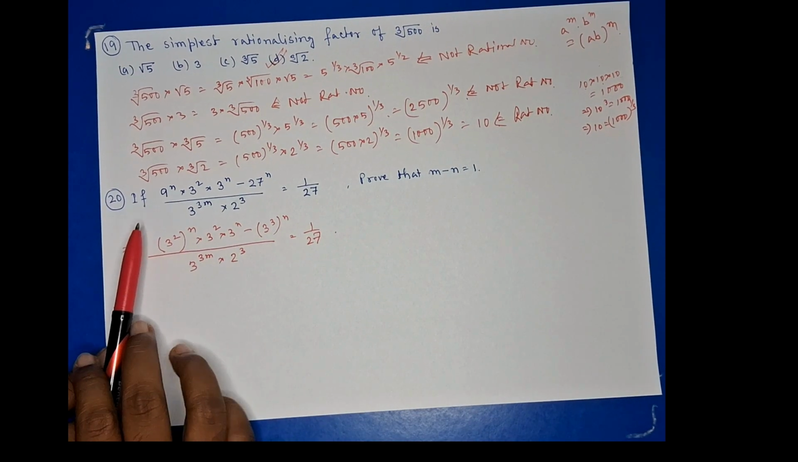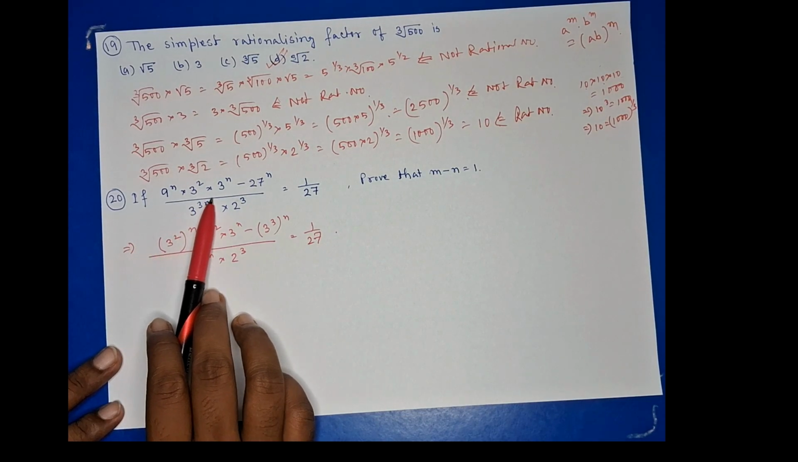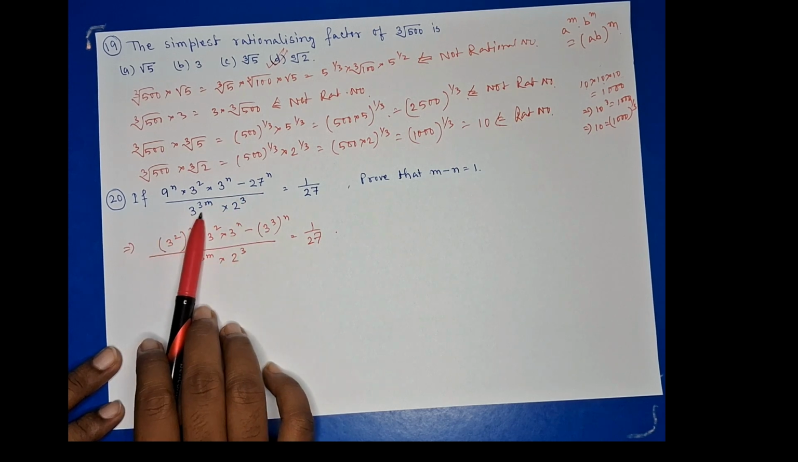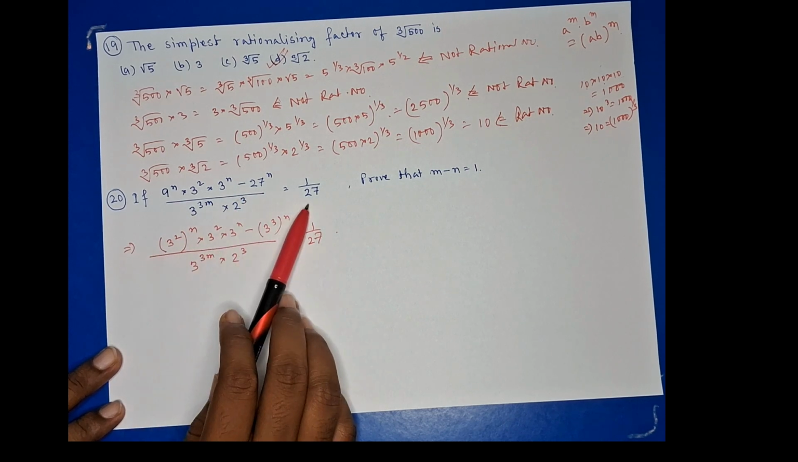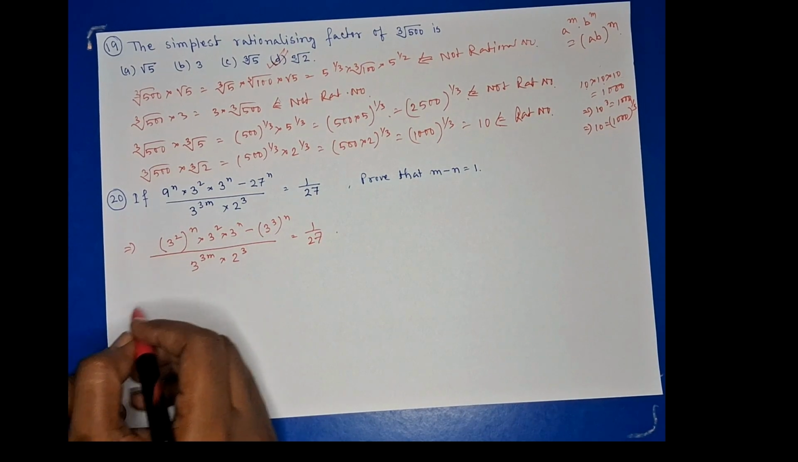Let us first understand the question. It is given like 9 to the power n into 3 square into 3 to the power n minus 27 to the power n by 3 to the power 3m into 2 cube is equal to 27. Then what I have to prove? M minus n is equal to 1. Okay,